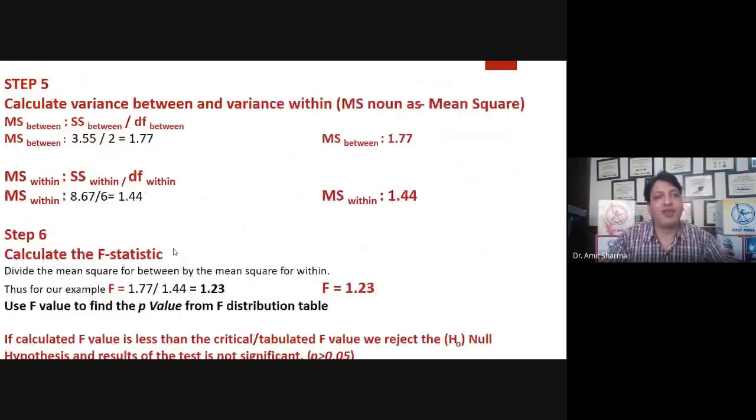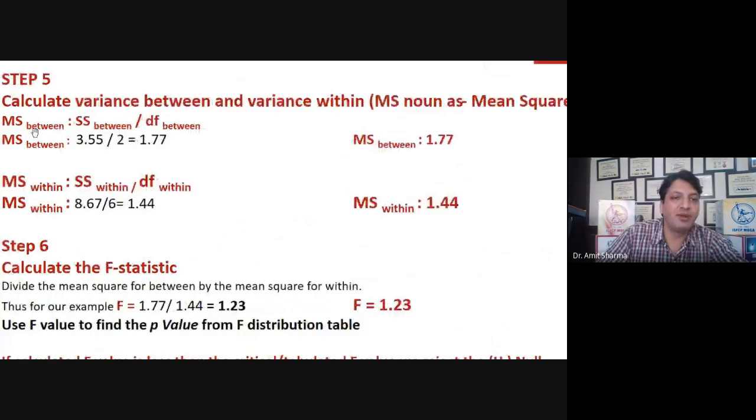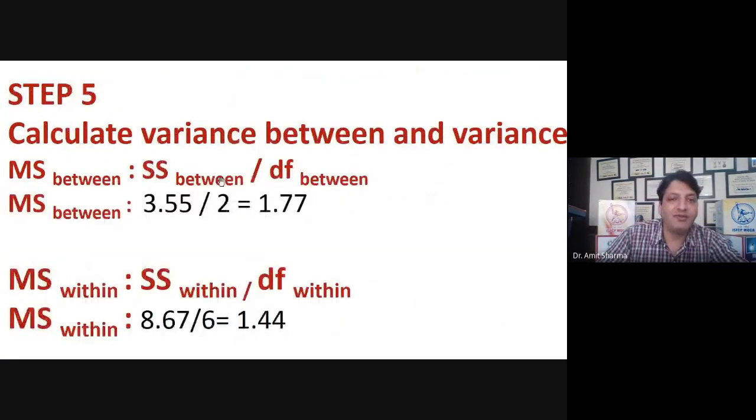So in step 5, we are going to calculate the mean sum of squared for between, within, and total. Clear? So formula for the MS, mean sum of squared between, is SS between, which we have calculated, divided by the degree of freedom between, which I have already calculated.